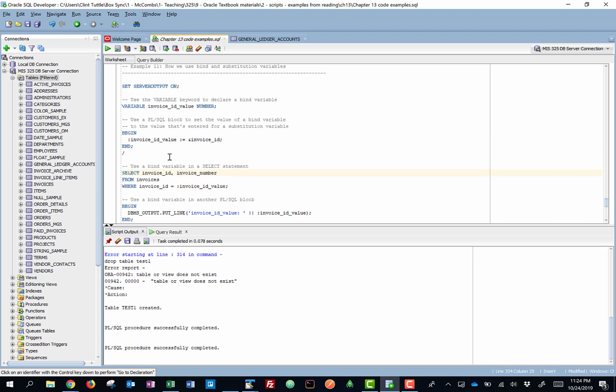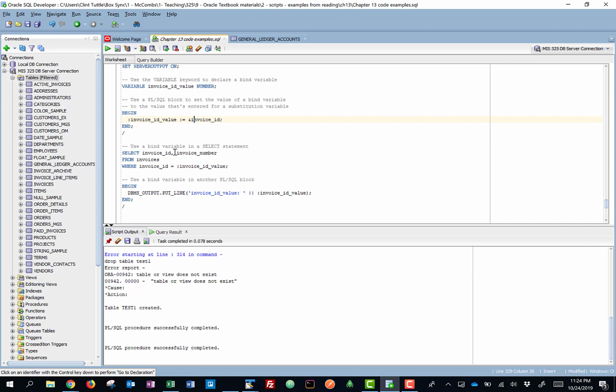So what we'll do is we're going to run this code. And what it's going to do is it's going to capture a value from the user, and then it's going to store it in this invoice ID value. And then you'll see down here, we're going to select invoice ID, invoice number from invoices where the invoice ID is equal to that value. And then it's going to actually output whatever we just selected here. And it's going to, again, use our bind variable. So if I run this,